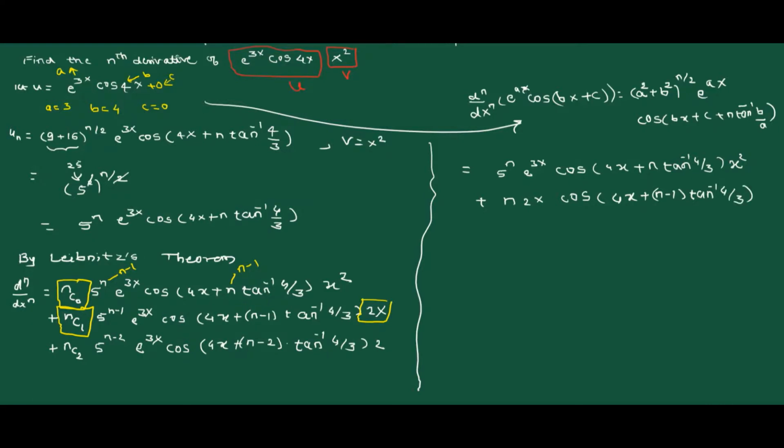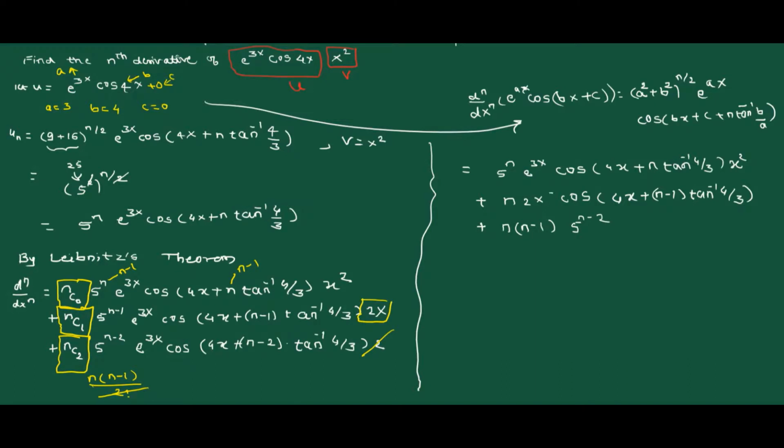So the second term is over, plus, in the next term write down the value for nC2. nC2 value is n into n minus 1 divided by 2 factorial, and this 2 factorial is nothing but 2. This 2 and this 2 get cancelled. So I will write directly, that is the remaining terms are n into n minus 1, next 5 raised to n minus 2.